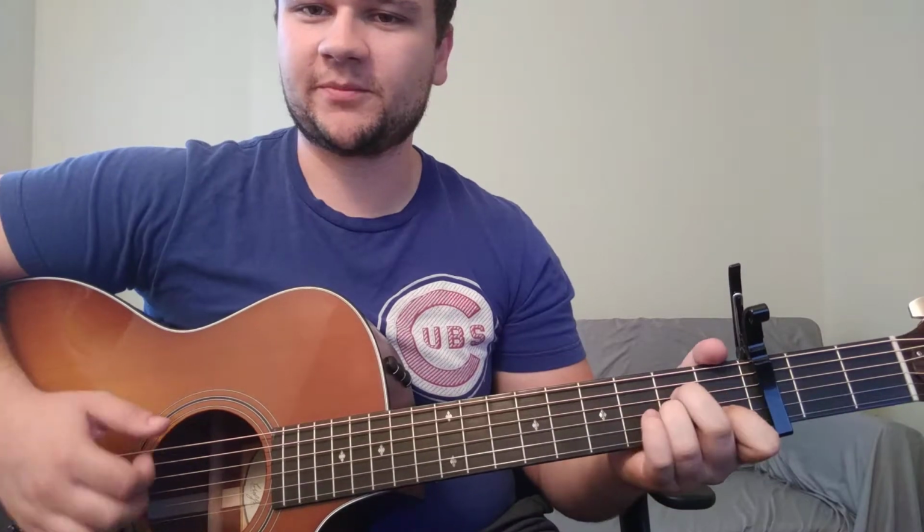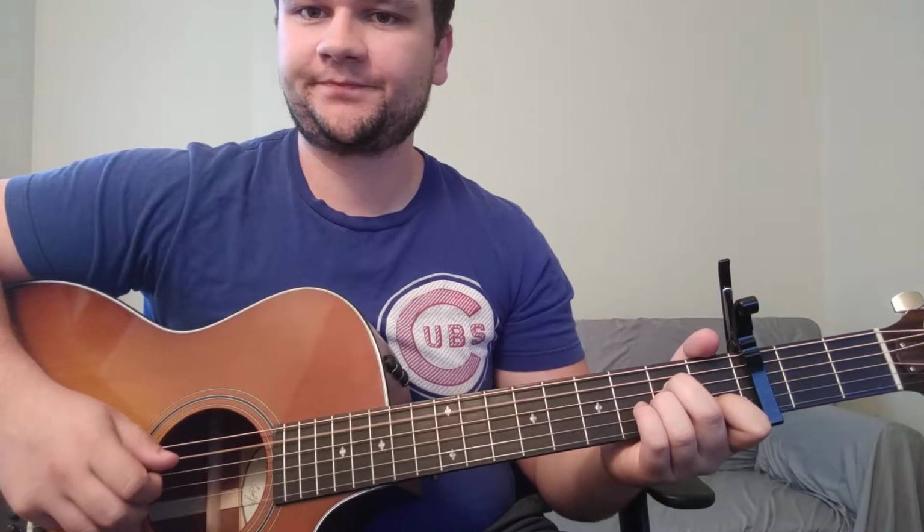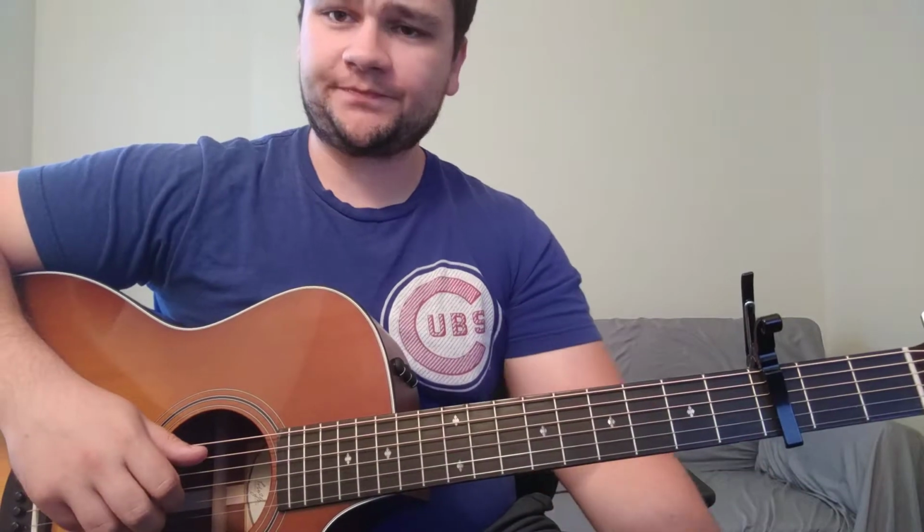I kind of messed up there, but you get the point. You're just going back and forth between this pattern. You're just moving it down a string when you get to the F. So the next part of the song, and you can play the song like that without the